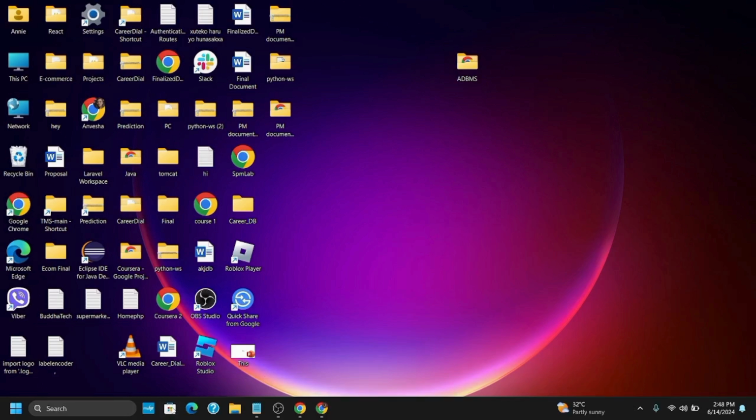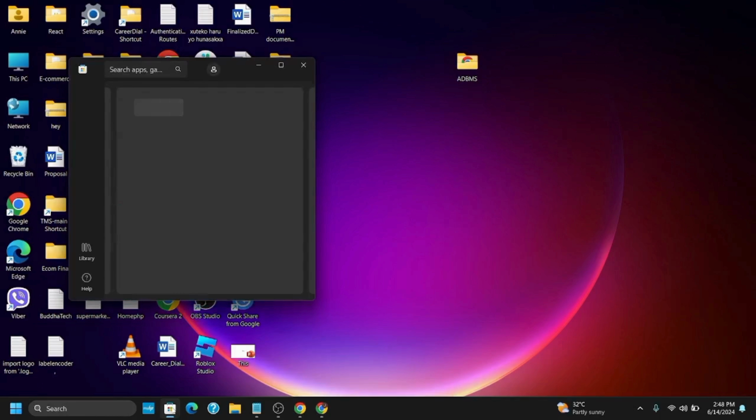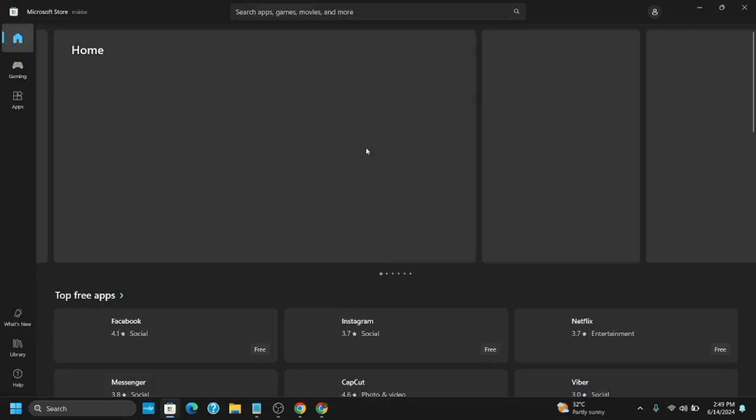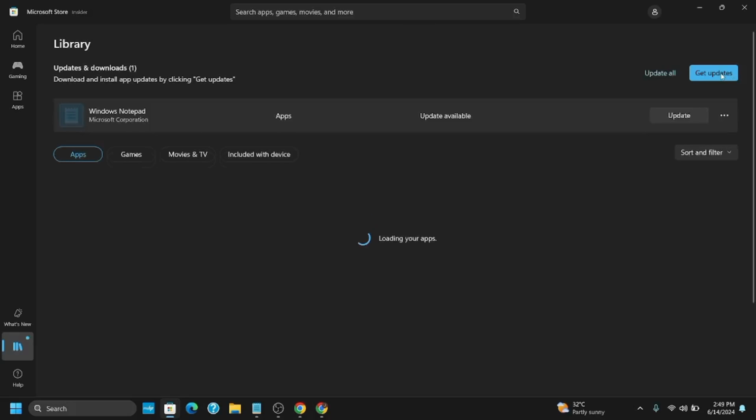For this, just open the Microsoft Store by tapping on the icon, and once the Microsoft Store is open, you must locate and navigate to the library. The library tab is present on the bottom left. Tap on it. Now from here you will see a Get updates option. Make sure to tap on it and install any updates available for your Microsoft Store apps. Once you have updated all of them, make sure to try installing the application again, which should probably fix the